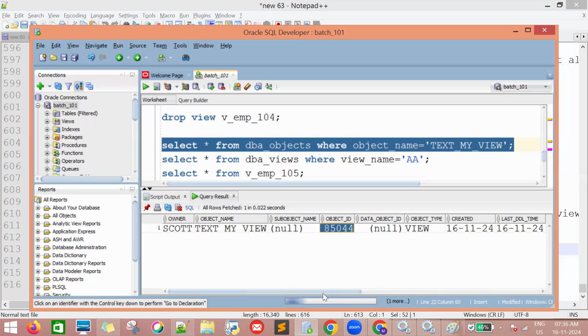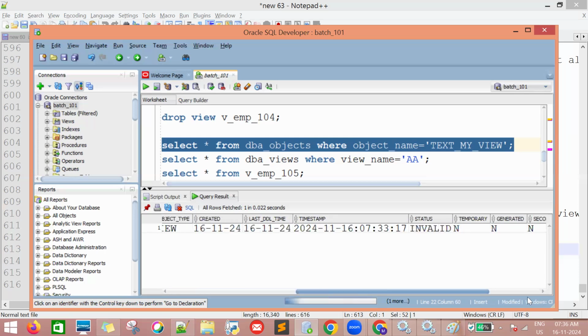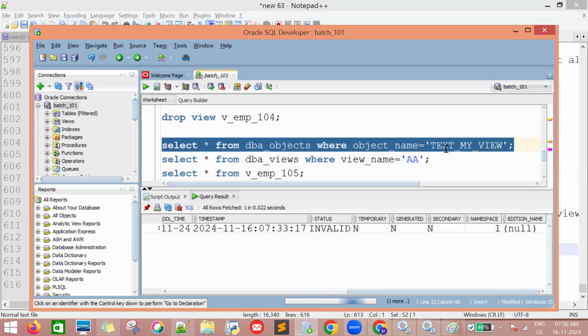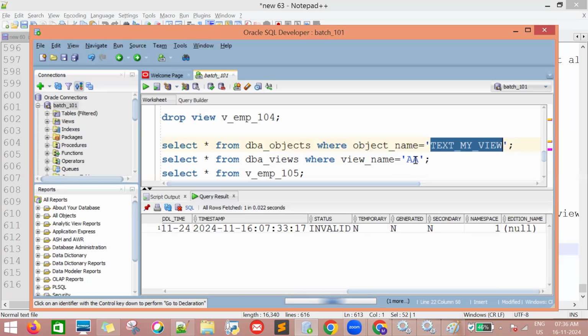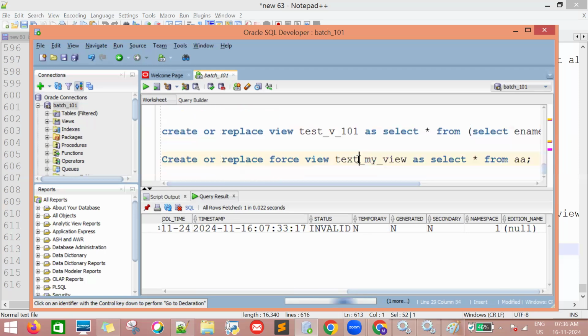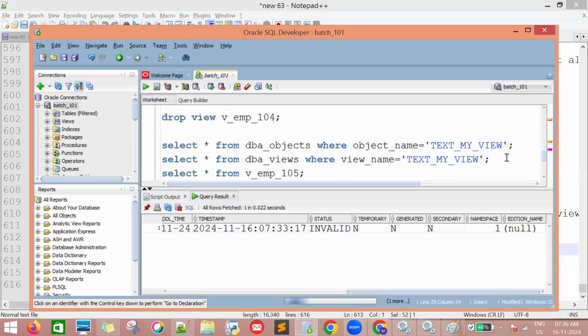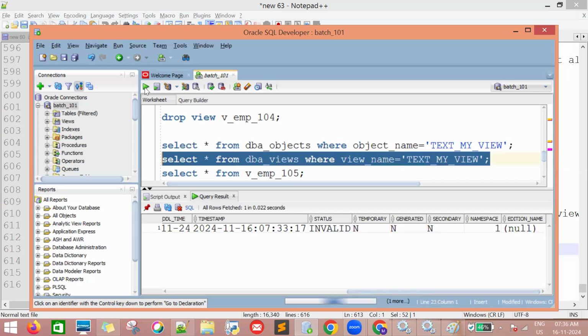Before this object ID is there, can you pull it? They will take the code from before what you ran. Okay. Now I want to see the code of the view query. So if you go for db_views,